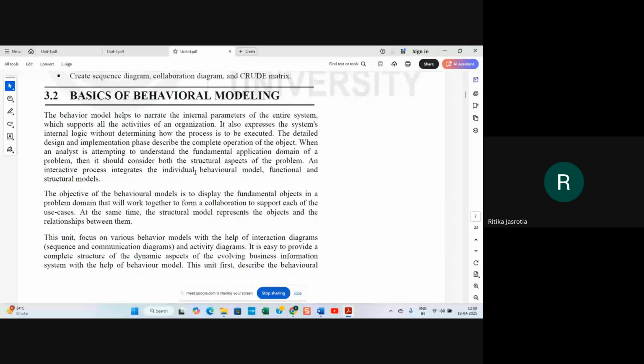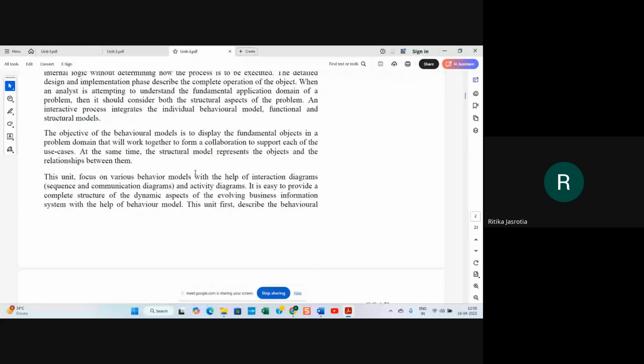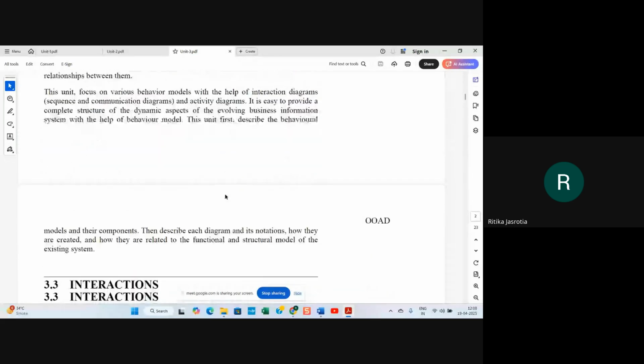The interactive process integrates the individual behavioral, functional and structural models. You have different diagrams in your behavioral model, which show the dynamic aspects of the system: the use case diagram, the interaction diagrams, where you have the sequence and communication diagrams, and the activity diagram, which we will be talking about.